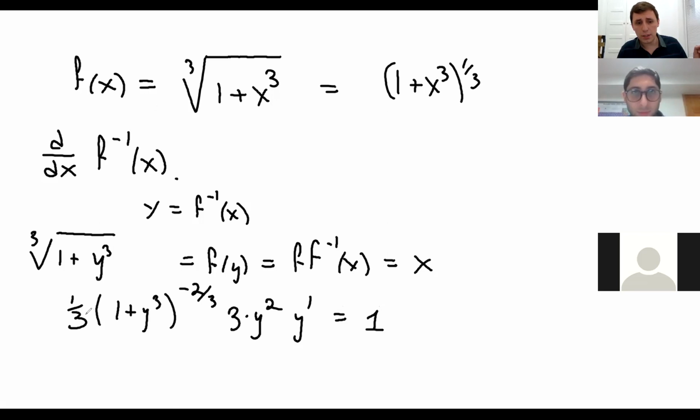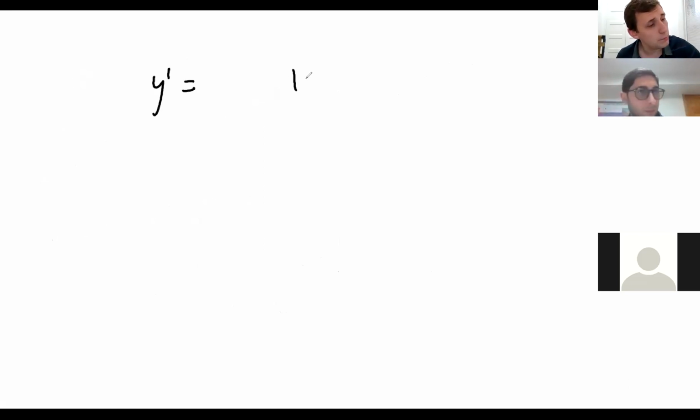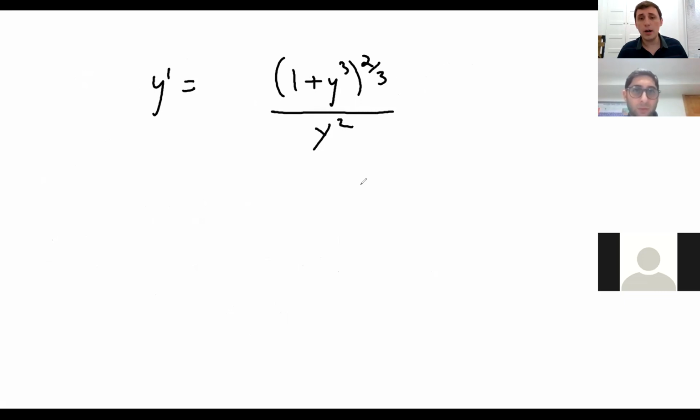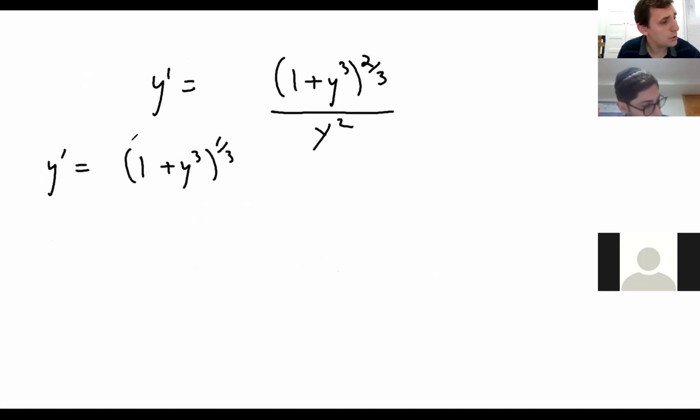So what do we get from that situation? We then get y prime. You see that from the previous slide. The 3's are crossed out, so I just have to multiply by (1 plus y cubed) to the power of 2/3 on both sides and divide by y squared. So that would be (1 plus y cubed) to the power of 2/3 divided by y squared. Now, do you recognize anything here, guys? Look at it. It's y prime equal to (1 plus y cubed) to the power of 1/3